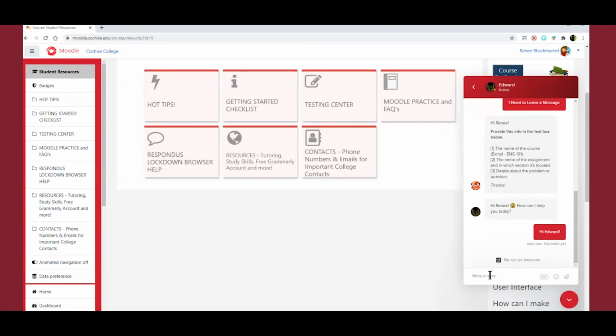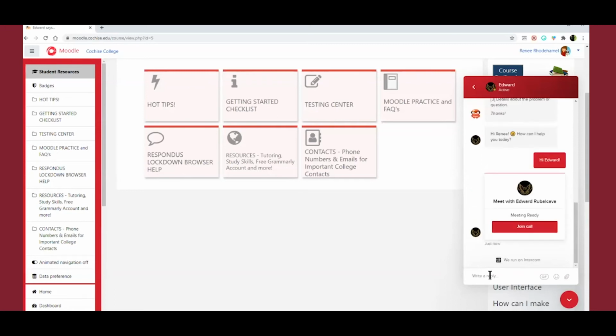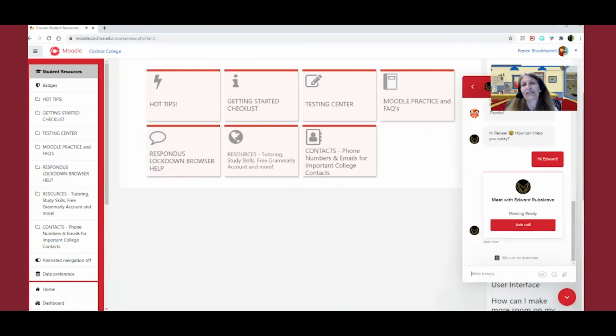And what I want to point out, besides the fact that you can go back and forth and interact here, is that if you felt like you needed to meet us over, say, voice or even video, we can do that right through this live chat. So I'm just going to ask him, well, see, I didn't even get a chance to ask him. He's so on top of it. So basically what he's doing is he's sending me an invitation to actually join him in a video conference that's very much like Zoom, okay? It's just Google Meet instead.